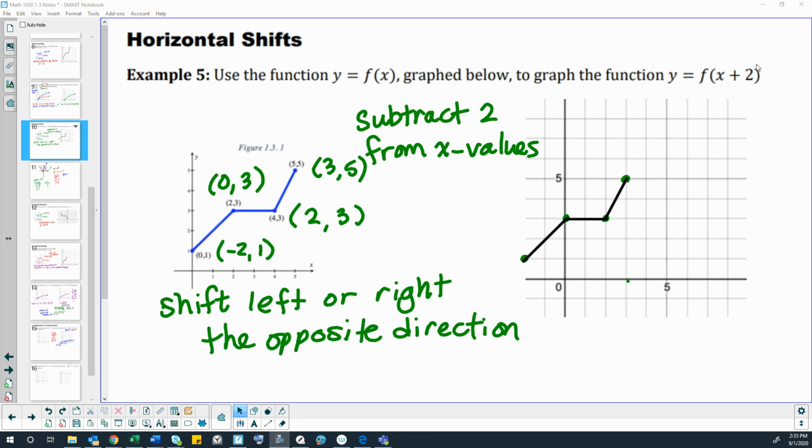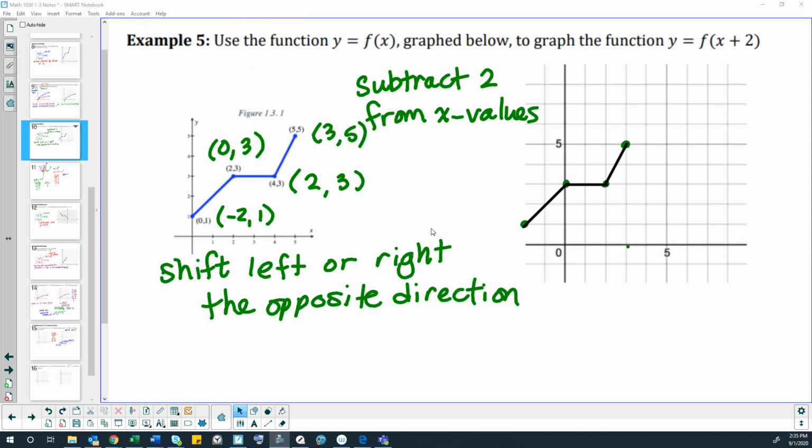So you can see our f of x plus 2, that plus 2 is added on the inside of the function instead of the outside. And that actually causes the graph to move left 2, even though it's a plus 2. I want to show you why, and this is a little bit tricky to explain, but remember our function for